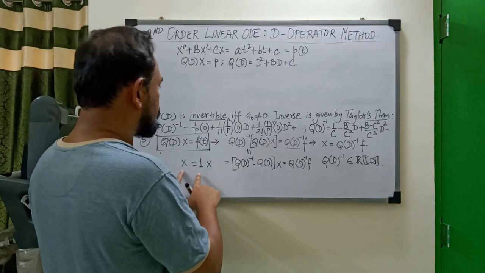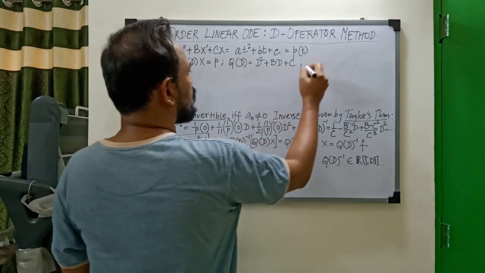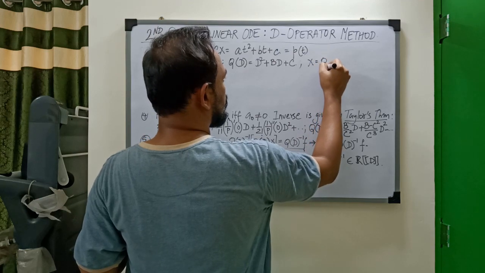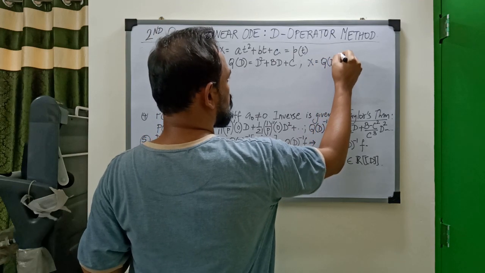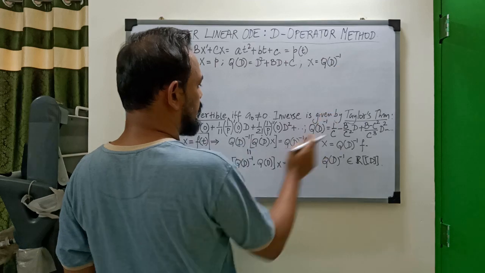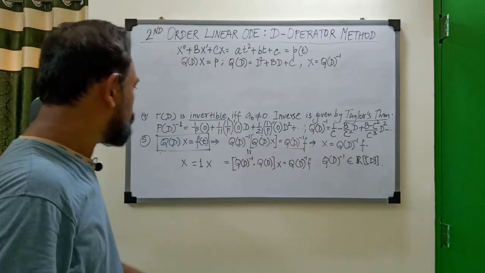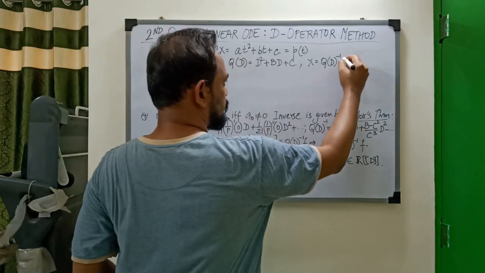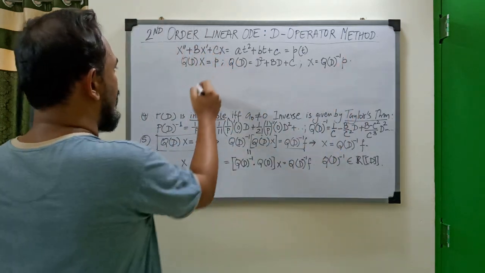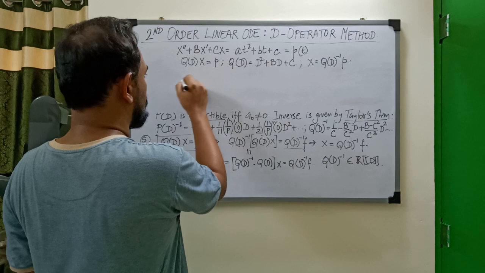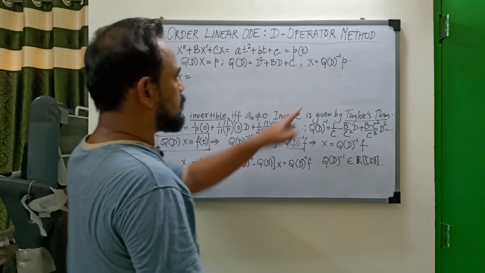And we just said that to find x, all we have to do is apply QD inverse on the right hand side, on the input. Remember, f was the input, and the input here is this polynomial p. So x will be QD inverse